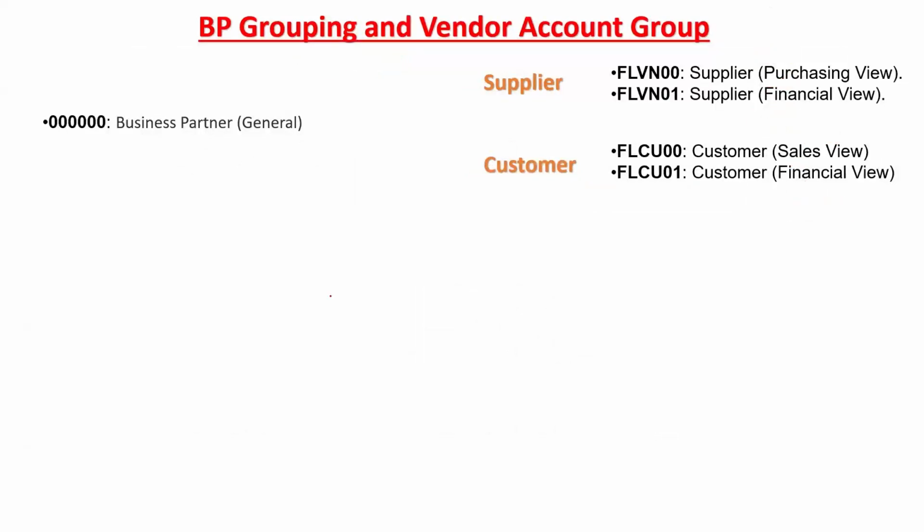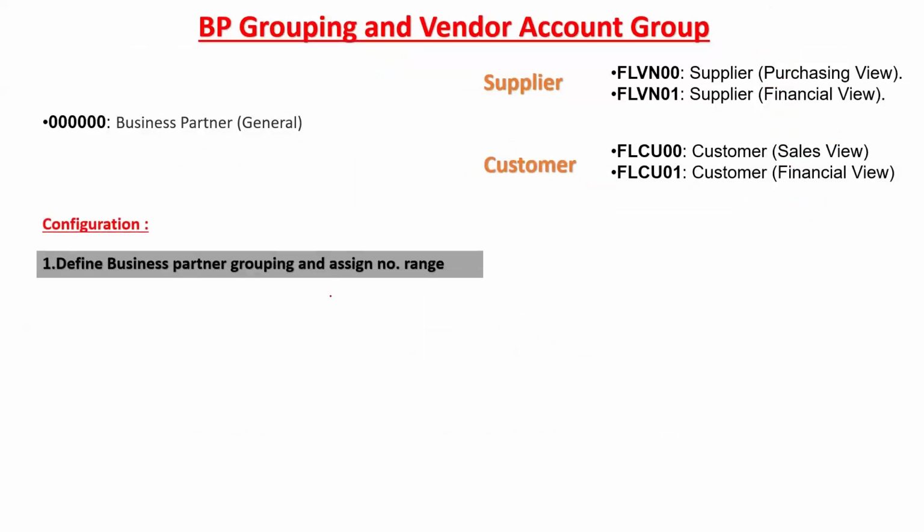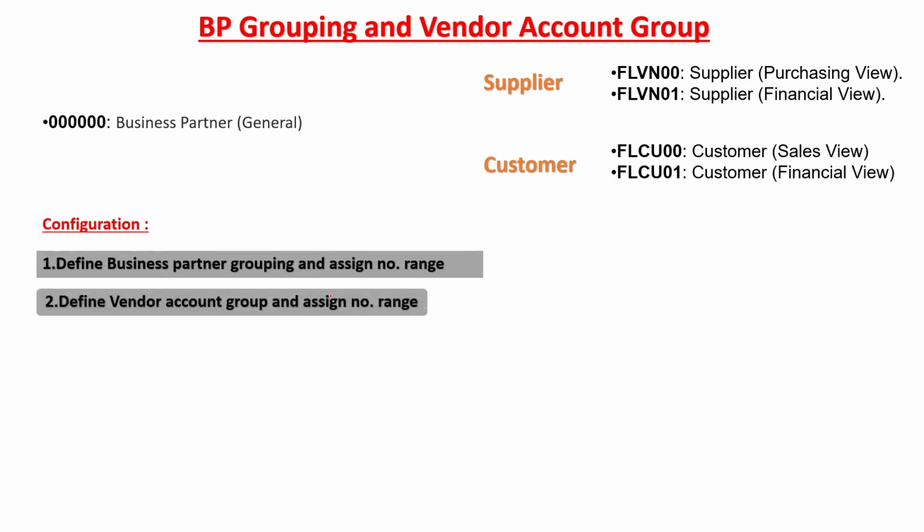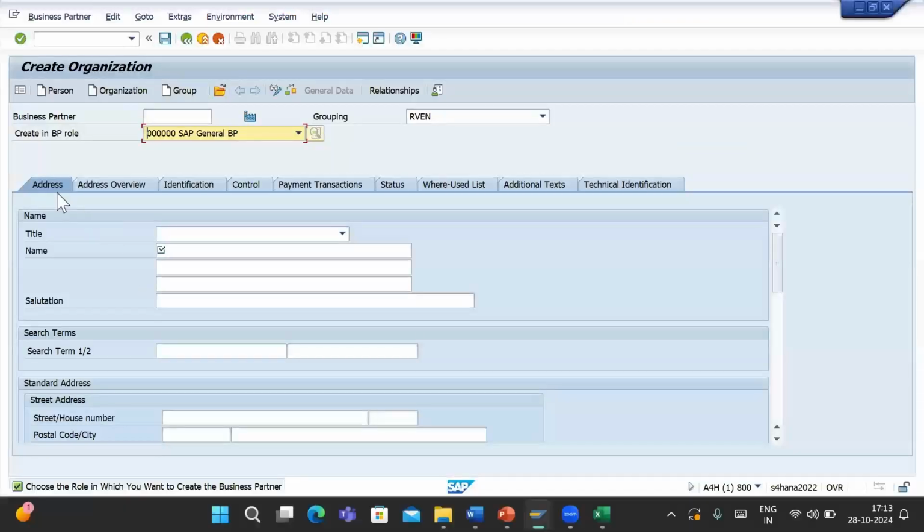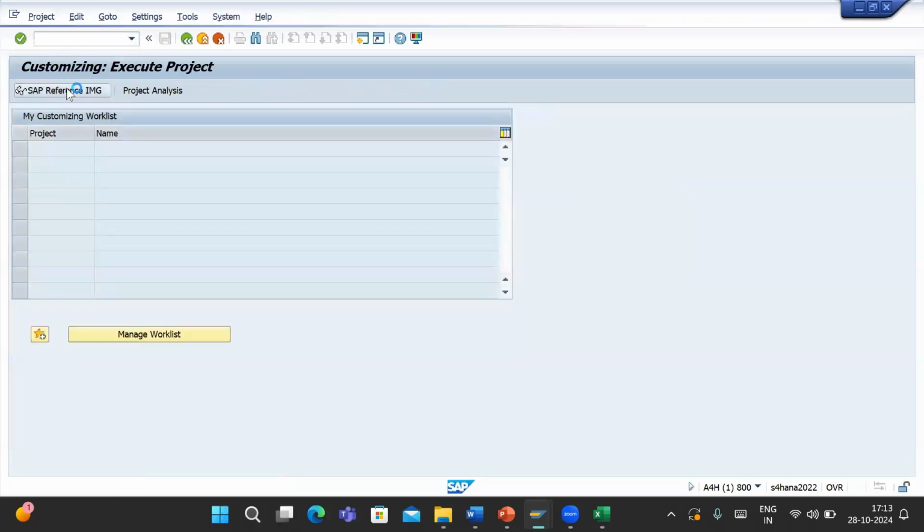Now, in the configuration, first we need to create the business partner grouping and assign the number range. Second, we'll create the vendor account group and assign the number range. And third, we need to link both the business partner and vendor. If this configuration is missing, we cannot extend the business partner to a vendor role. So let's see in the system. First we'll create the BP grouping in SPRO,